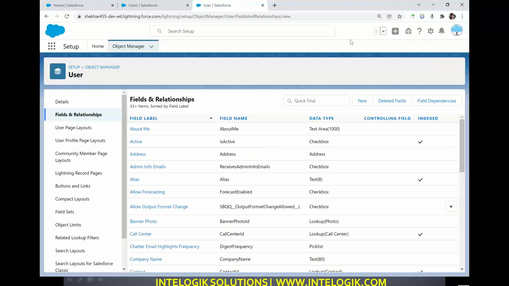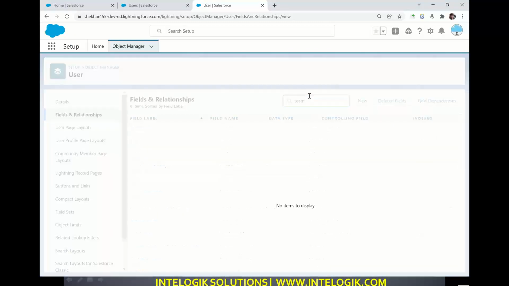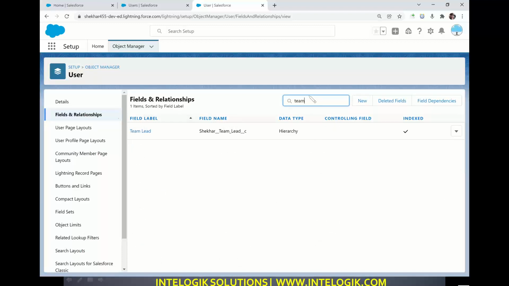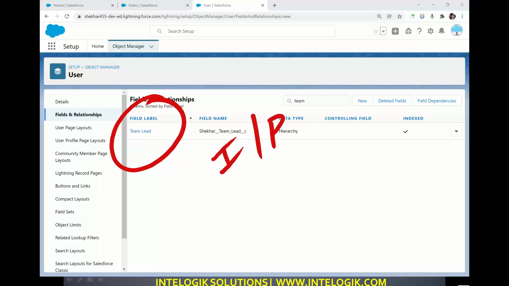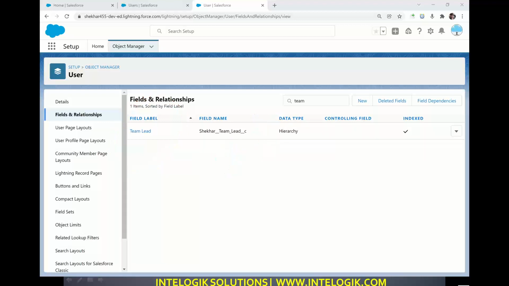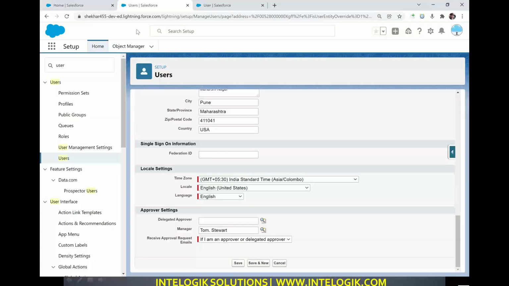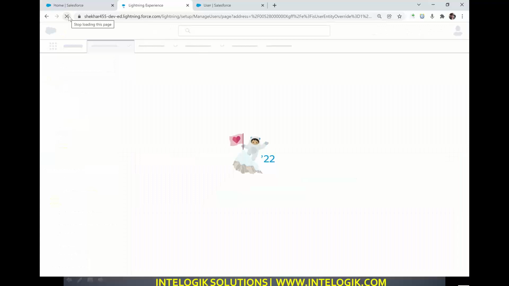So guys, the relationship field called team lead is ready, by which we can present junior-senior kind of combination in the system. Okay, let us do it. So this is the input, whatever we did right now. Now let me work on the output. So how can I work on output? Let me go to this user page and refresh this page. Now you can see the new field will appear here. Let me refresh this page of Shekhar.